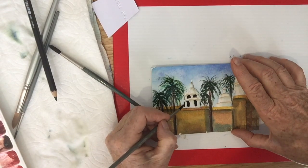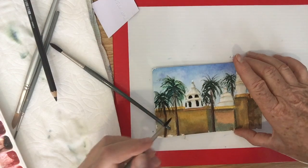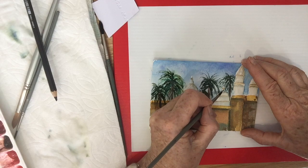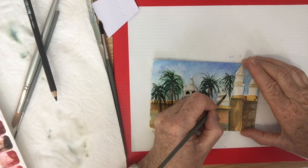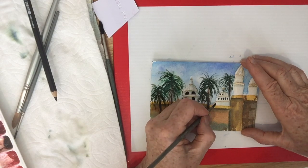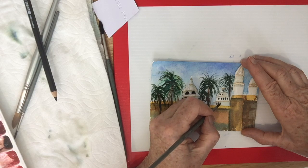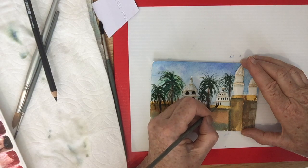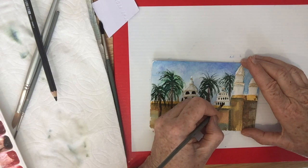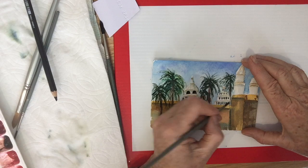This goes down like this. And this one also goes down like that. All right, so we get a little bit more shape on them. And then here, and I'm not looking at my reference for this. I'm just kind of making it up. I have put a couple of photos in that are my inspiration, but right now I'm not looking at them at all. So I'm just going from memory